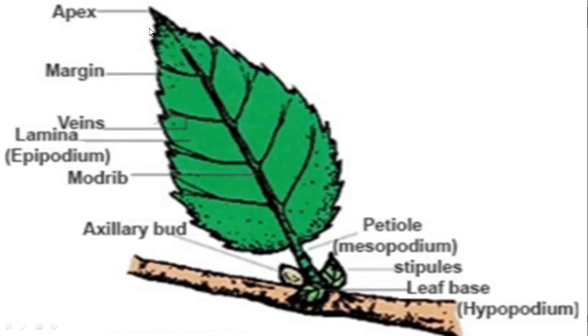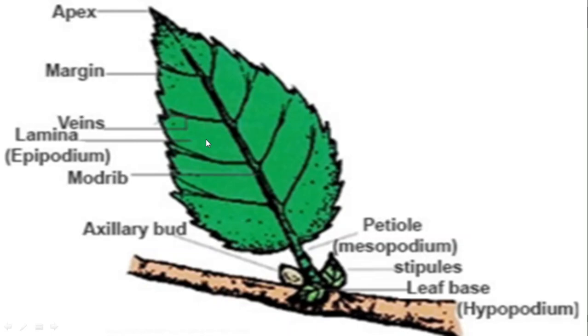So such type of leaf are called simple leaf. So what is simple leaf? The simple leaf is that leaf in which the incision in the leaf margin does not reach up to the midrib or the petiole. Okay. So this cut, incision means cut. This cut is only restricted to this portion only, or this may extend up to this portion